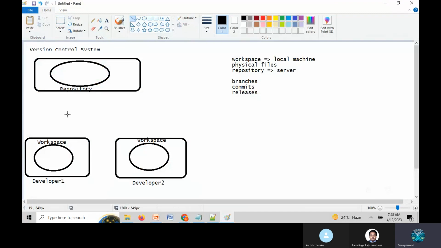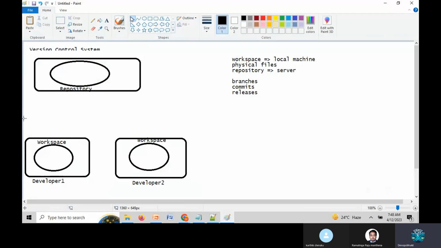We can simply say SVN. I'm aware of SVN. But they won't ask any kind of questions on it. Instead, they will ask if you have any alternative tool in the market. SVN is an old tool, no one is using it, so that's why my company is going to the distributed version control system.